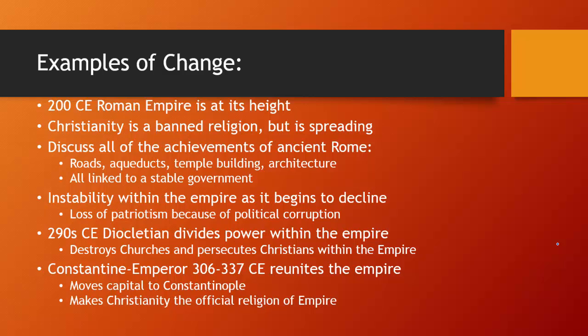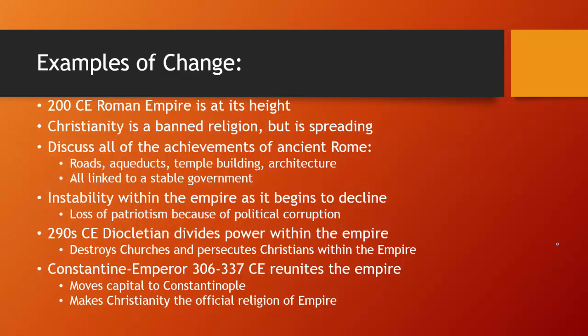That ran into a problem with Christians and Jews, because Christians and Jews, being monotheistic, are not going to be willing to pay homage to the Roman emperor as a godlike figure. So Christians and Jews were persecuted. So this is going to be a pretty profound change once Constantine decides to make Christianity the official religion, and then eventually he himself converts to Christianity. This is going to be a major cultural change.